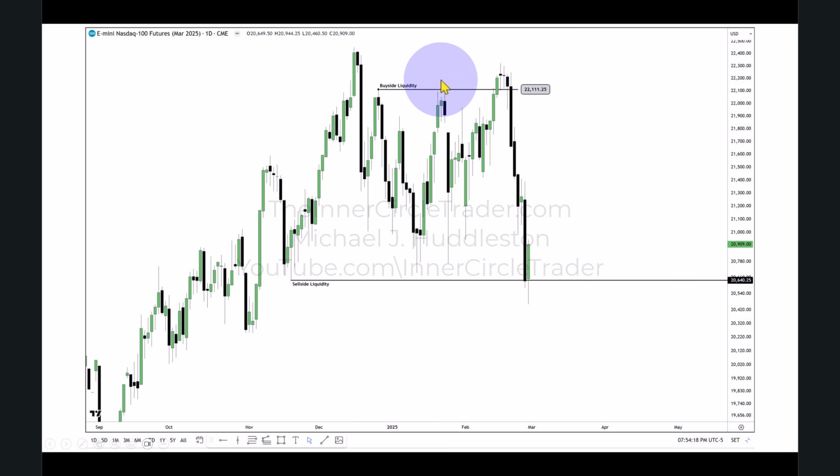What kind of liquidity? Buy side. So now, because it took this side first, it's reasonable to expect it to start working towards the lows here, here, here, finally here, and down into this inefficiency. Okay. So again,